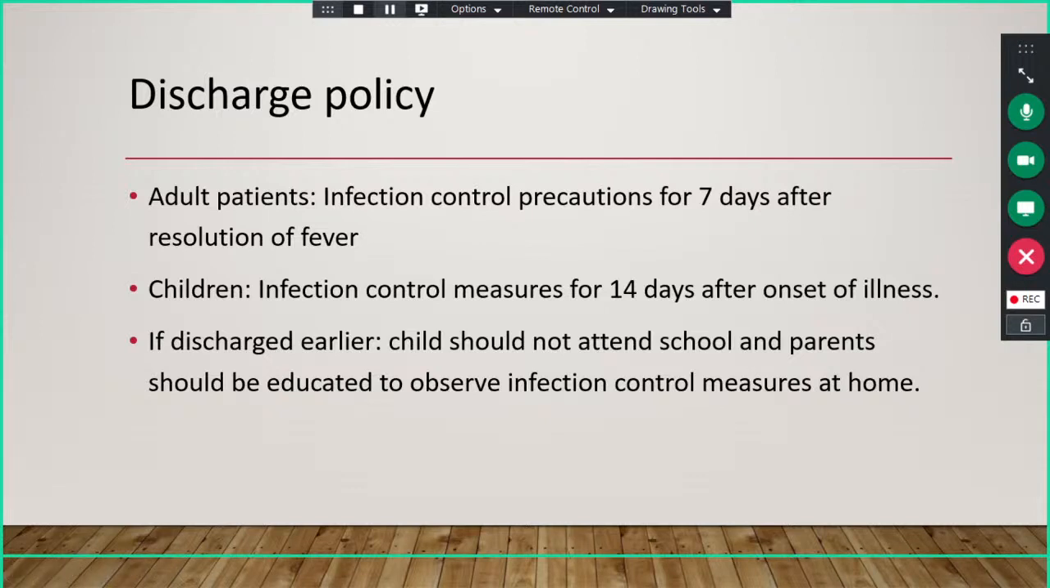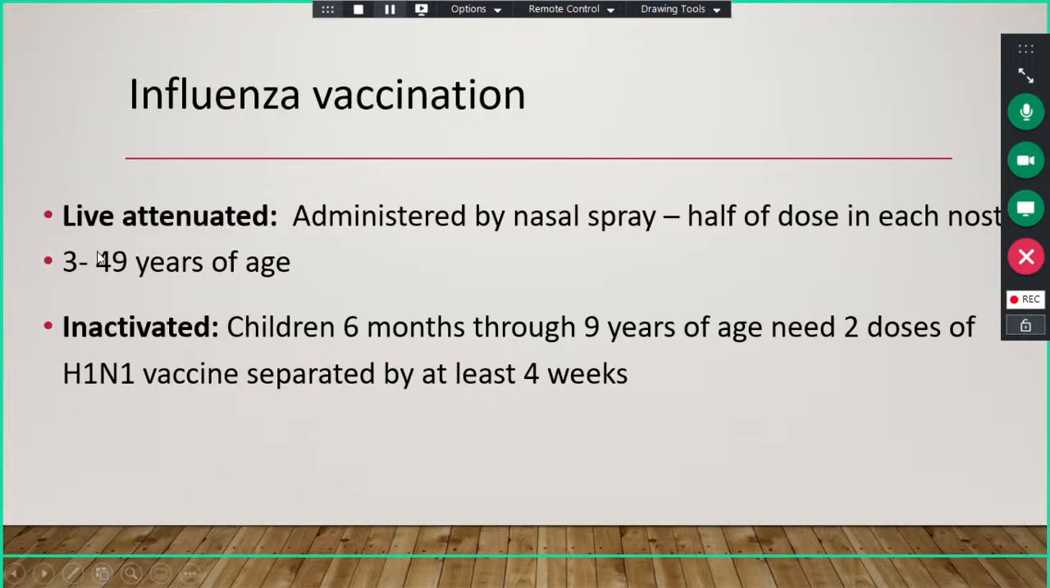Other children will take the infection home, and then their other household members may get infected. So that's why it is important that we explain to them how to use control measures at home. Influenza can be prevented or controlled by vaccination, and there are two types of vaccination: live attenuated vaccine administered